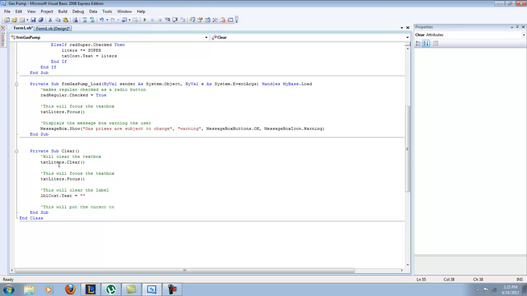So this will put the cursor to regular. And then we want to put radRegular.Checked equals true. So, oh, don't want that there. And I forgot my,